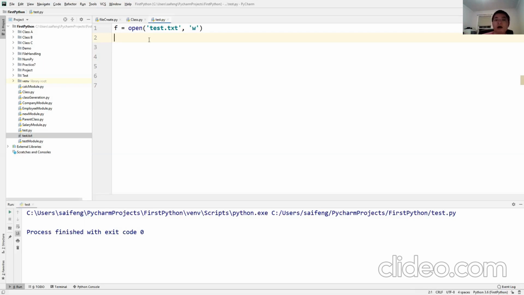Julian, I open the file. Now I wanted to update the content of the file. What should I do?